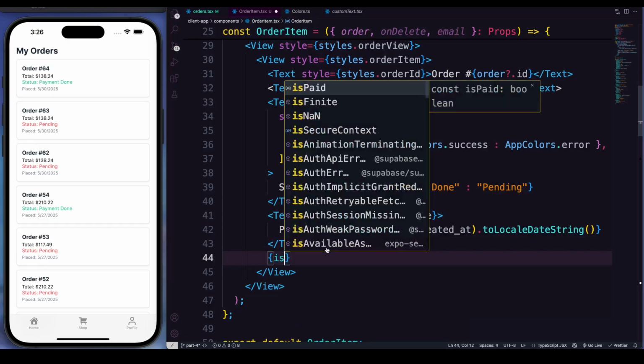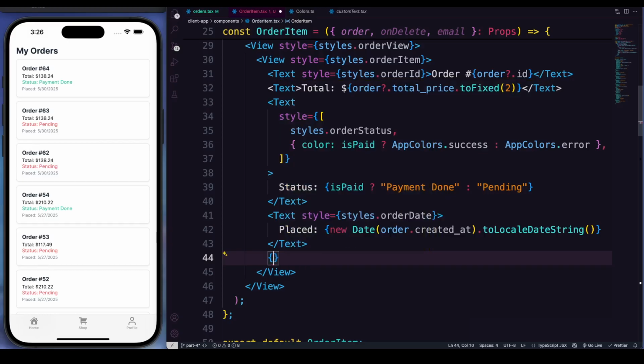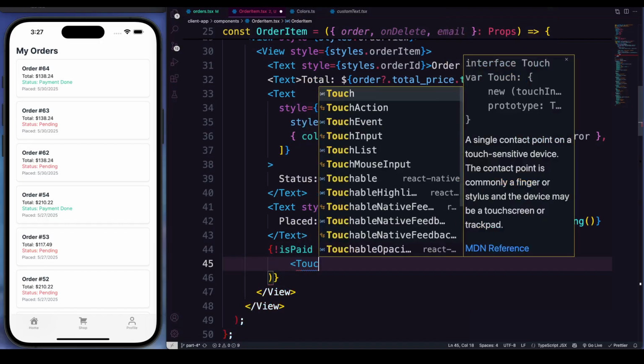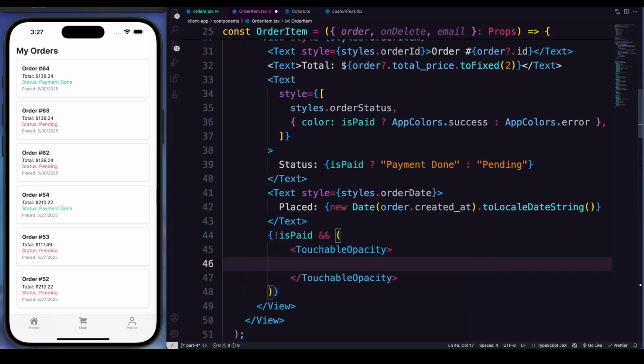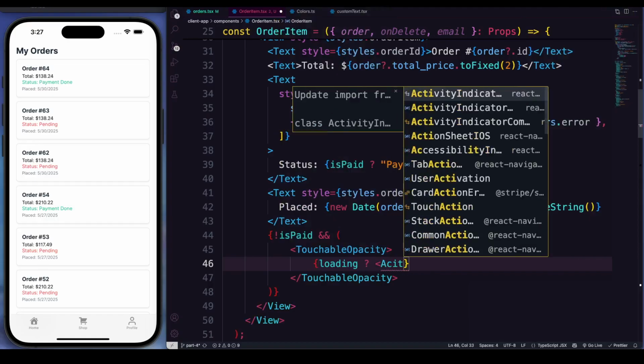So we're going to make that isPaid. If it's not isPaid, so any order that is not paid, we want to render only at that time. And what we want to render is a TouchableOpacity, meaning a button, as you can see like that. And here, if there is a loading instance, we want to showcase that ActivityIndicator